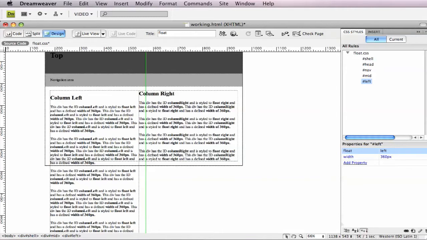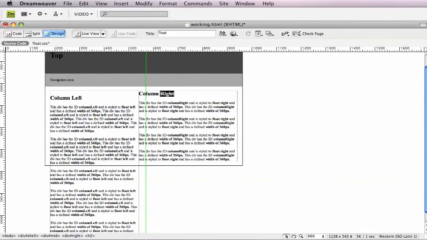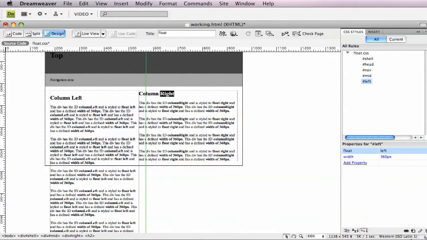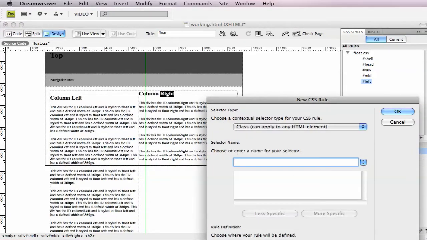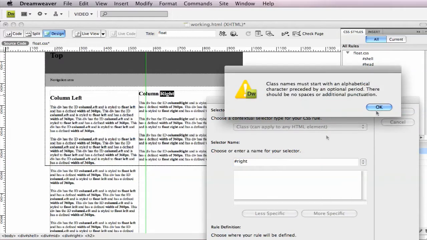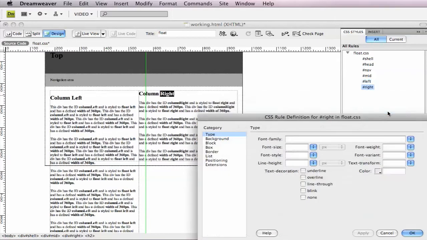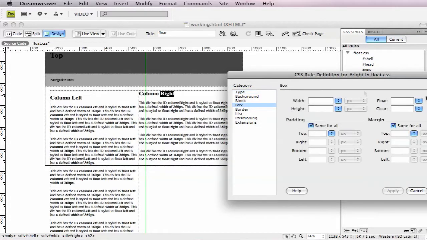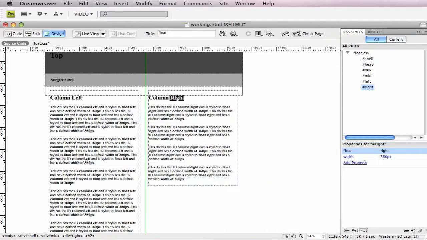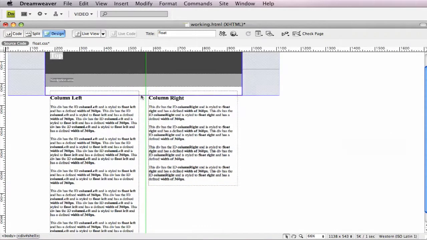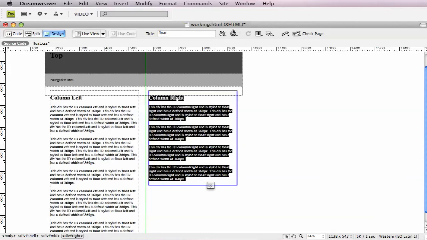So let's make one for the column right. New style, number sign right, should be on ID. Going to box, float right, don't forget the width, 360, apply, and now that is the appropriate width, and my shell is fully collapsed, which is something I don't want. So if we test this,